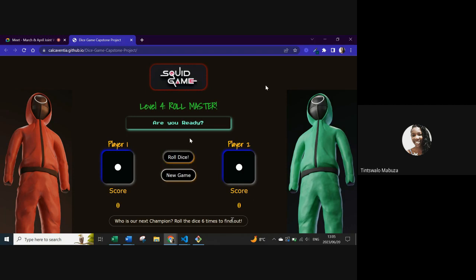And then we have buttons in the middle: Roll Dice to initiate the roll, and New Game to start afresh. And then at the end are the instructions that say who is our next champion. Roll the dice 6 times to find out. And then obviously at the left and right, we have the popular costumes that are known for the Squid Game series. And then, going to the JavaScript, just to explain the front end,